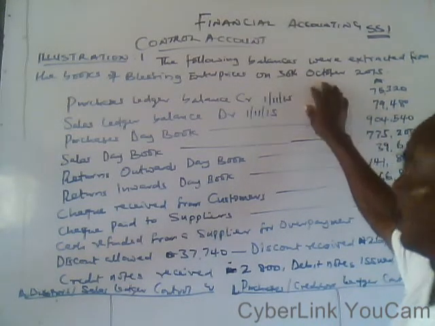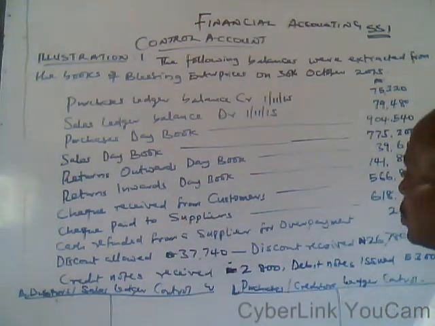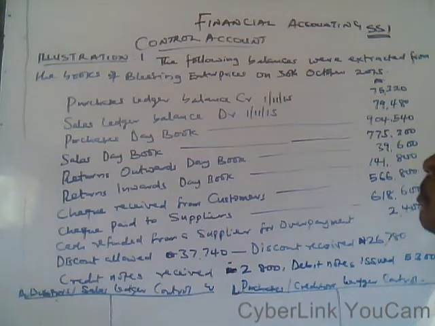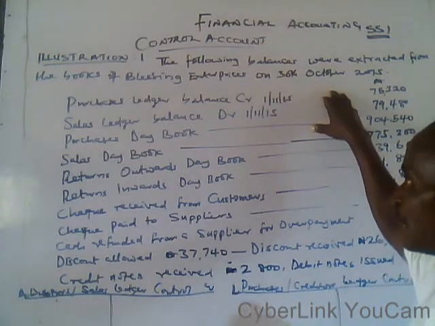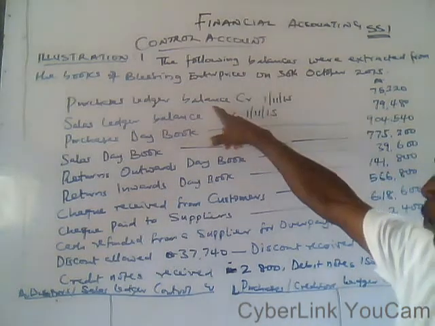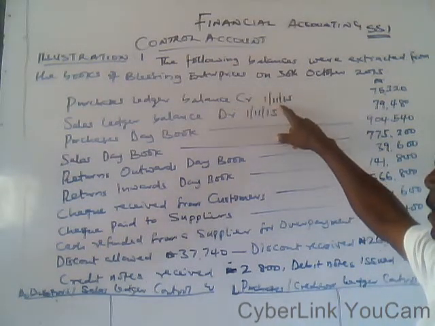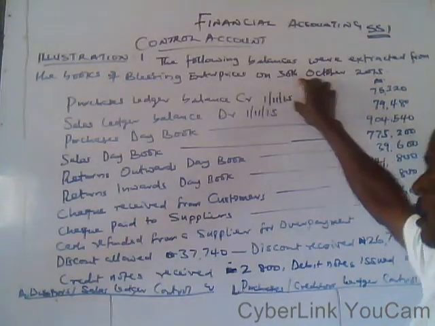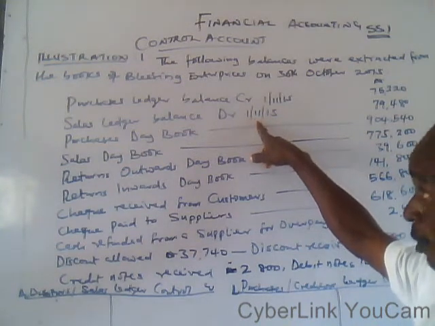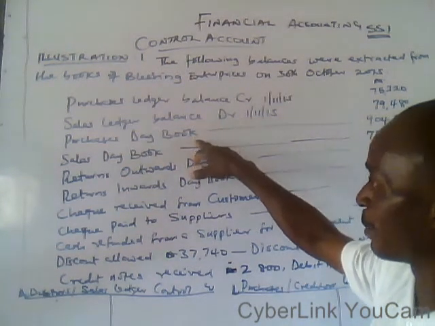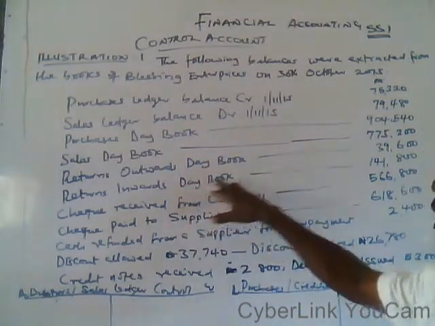And remember, we have the debtors or sales ledger control account, and we have a purchase or creditors control account. Both of the two accounts have a receiving side and a payment side. And the first one, we have a purchase ledger credit, that's CR, meaning credit balance, first of the month, that's the opening balance, and the sales ledger balance debit, first of the month, that's the opening balance of the sales ledger control account, followed by purchase day book, sales day book, return outward day book, return inward day book, and